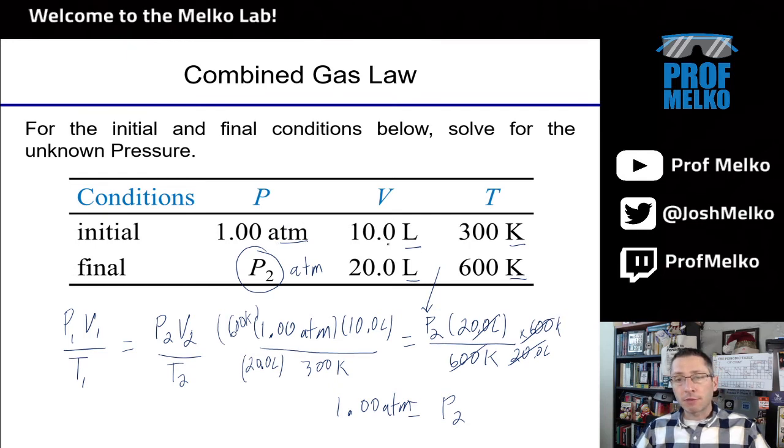In retrospect, if the volume is doubling and the temperature is doubling, those two things offset, so nothing has to happen for the pressure. It doesn't have to compensate for that change. As the volume doubled, the temperature doubled, so the pressure was able to remain constant. But we used the combined gas law here to figure that out. So this is an example practice problem of the combined gas law. Again, you'll be given 5 of the 6 possible parameters, and you have to solve for that 6th one.